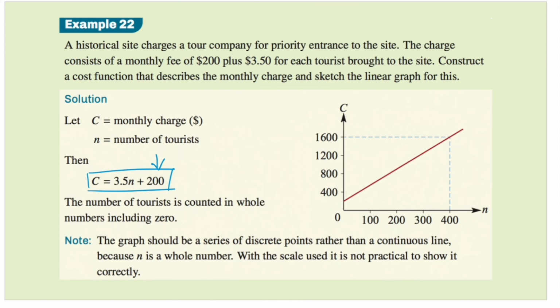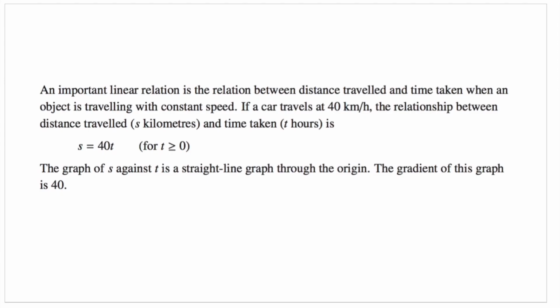This also explains why our straight line starts at C is equal to 200 instead of the origin, because it doesn't matter how many tourists were brought to the site, we'll always have to pay for that 200 base charge. Okay, an important linear relation is the relation between distance traveled and time taken when an object is traveling